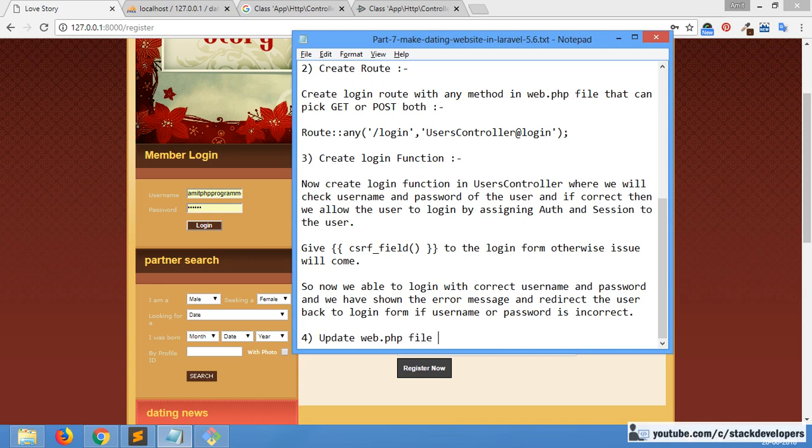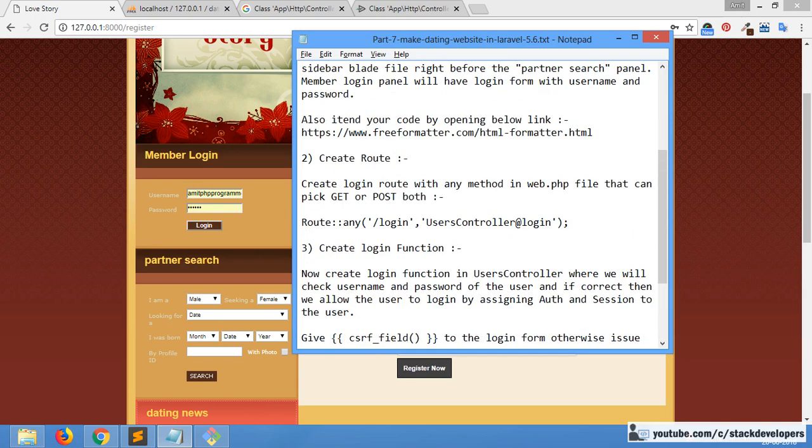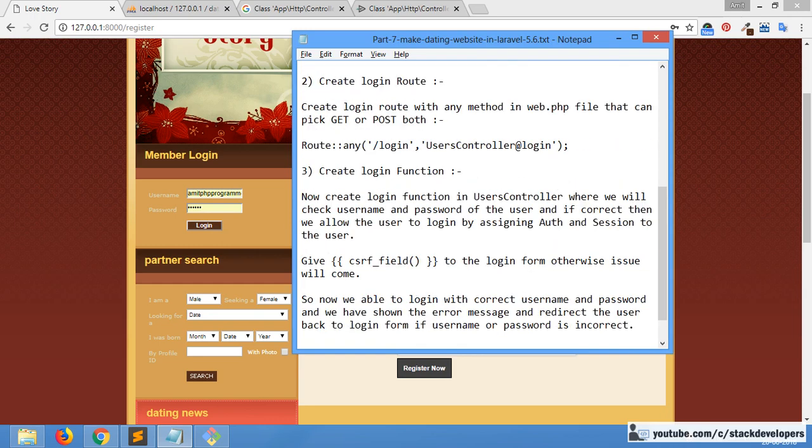Okay, now update the web.php file once again. We can also say here we have done the login route, and here we will create